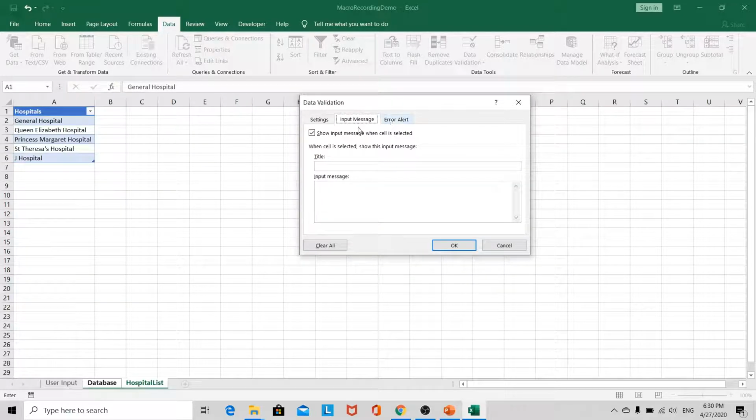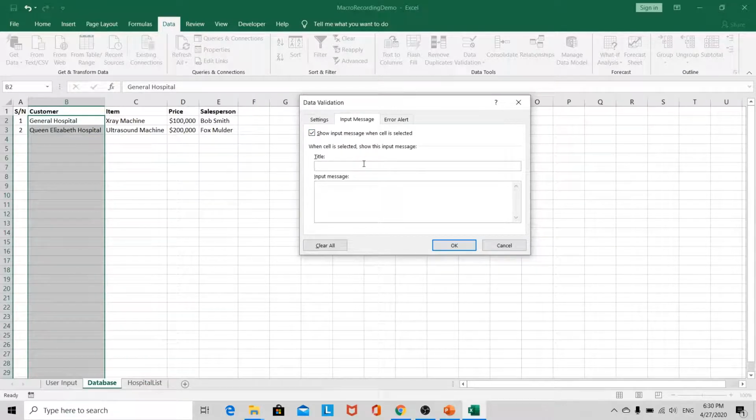Input message is the message that shows when you select a cell. So I'll write, hospital name. Please enter the hospital name will be our input message for the customer field. And for an error, we won't allow the user to proceed when there's an error. And our title of the message will be error, and the error message will be please enter a valid customer name. Okay,